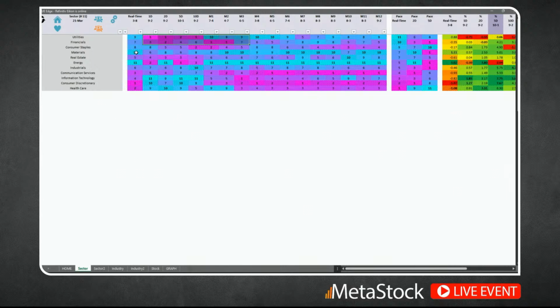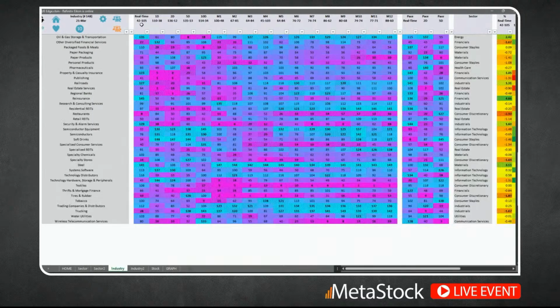So I'm not only looking at energy, which had been strong for a long time, a little bit deep in the middle. By the way, it is showing 12 months to 1 day, 12 months to 1 month, then 10 day, 5 day, 2 day, 1 day, and then real time performance, and then acceleration, then the actual moves. Usually I focus on the scorecard, just the colors. So I am focusing on where the ball is going, and utilities and financials may be appropriate, but sectors sometimes hide the strength of industries. So let's look at all the industries,